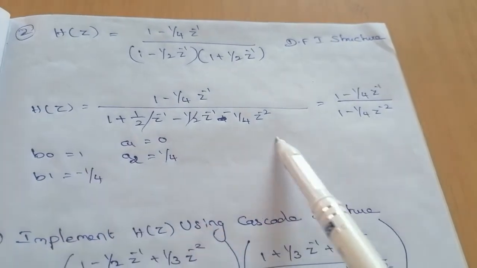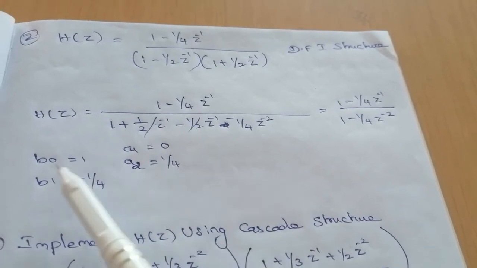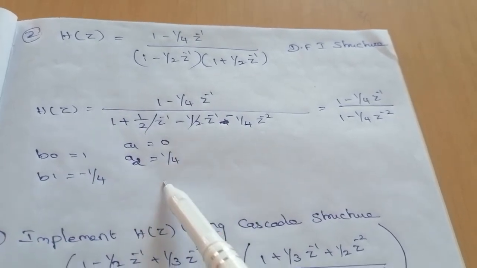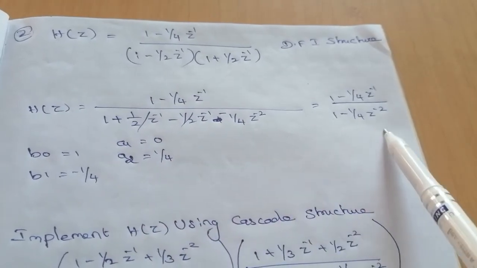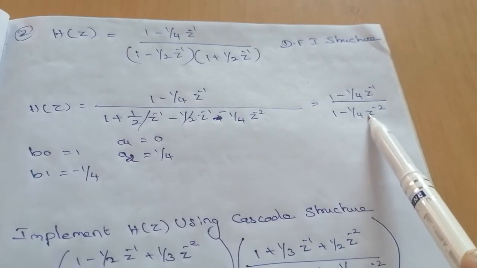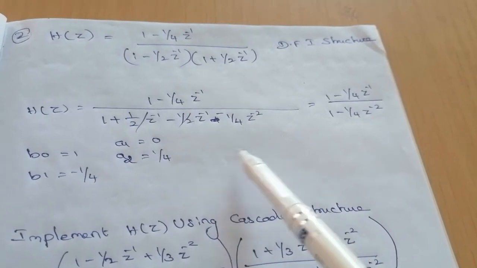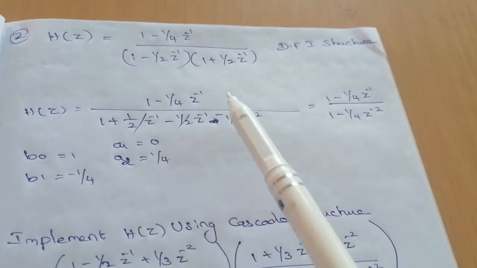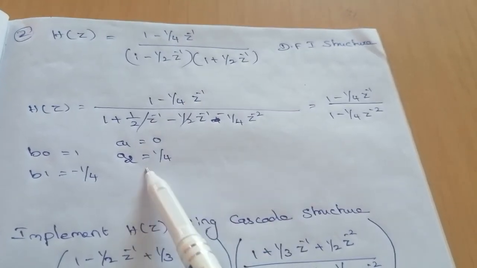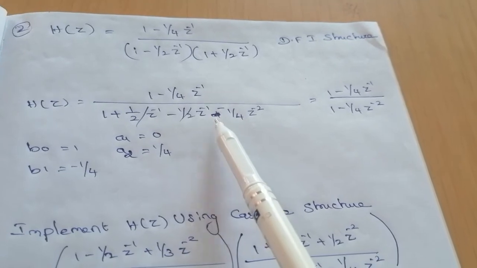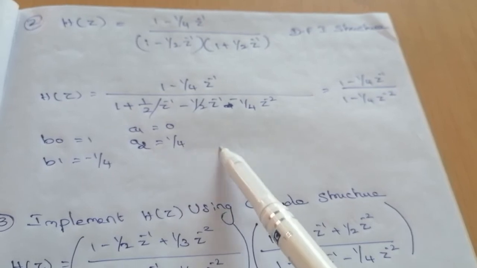So we know the structure of direct form 1. You simply draw this structure and directly substitute the B0, B1 values and A1, A2 values. On the denominator side we have to draw the 2 delays, because here it is z power minus 2. So we have to draw 2 delay elements, but we put the A1 value as 0. The remaining are the same, okay. So in this sum you need to draw the direct form 1 structure. I am just explaining these steps only. The diagram should be drawn by you only, right?